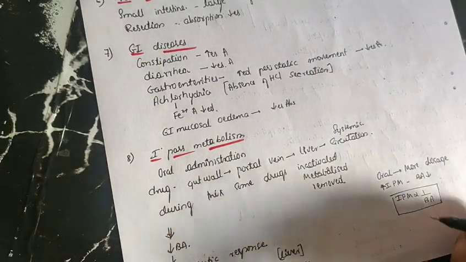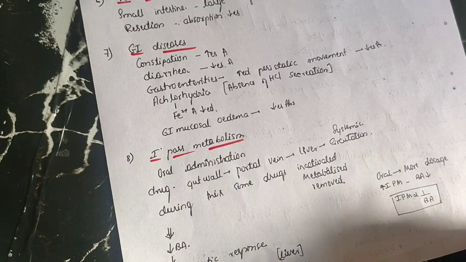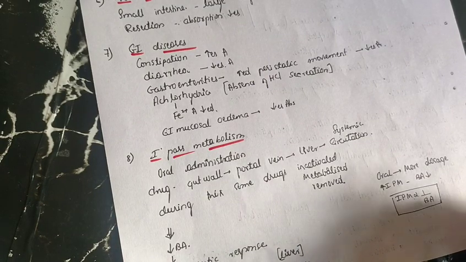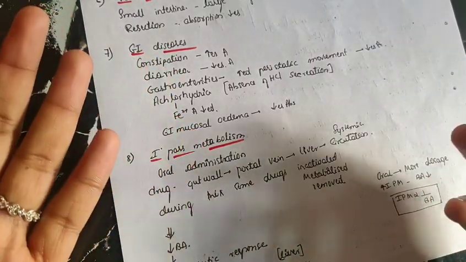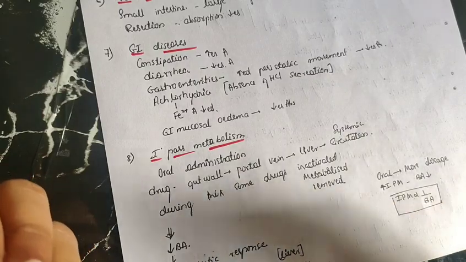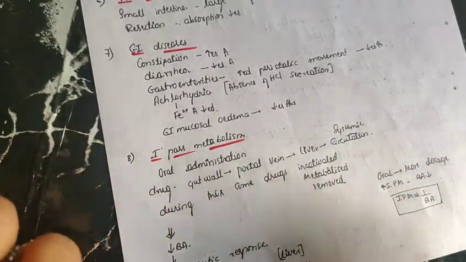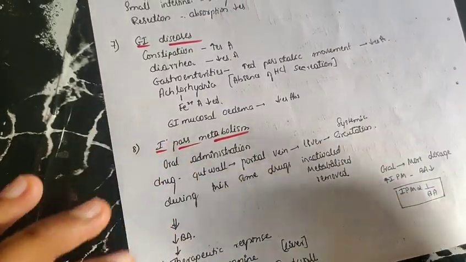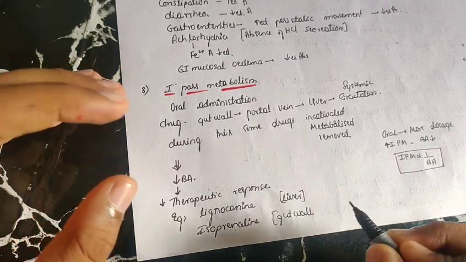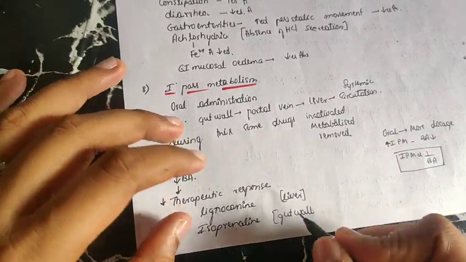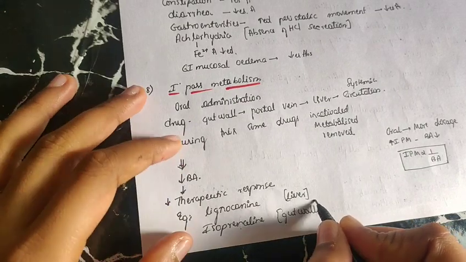So when we have to give an oral dosage form, we have to take a larger dosage in the oral route of administration. If the first pass metabolism is more, then we have to give more of the drug, because much of that will be metabolized and then eliminated in our body. So we have to give more dosage. Example, lignocaine has a high metabolism in the liver, and isoprenaline has high metabolism in the GI wall,